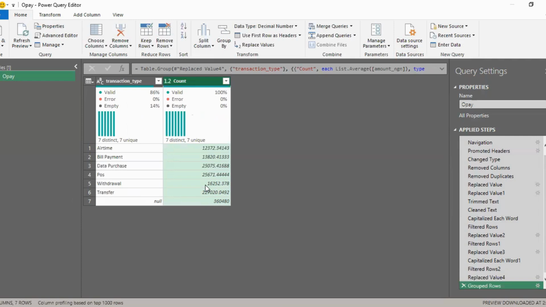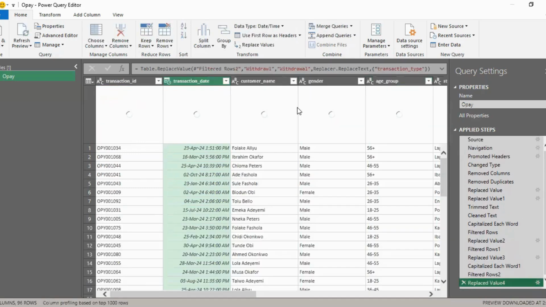So this can be approximated to 16,252.4. I want somebody to note that for us. 16,252.4. So now we want to replace this